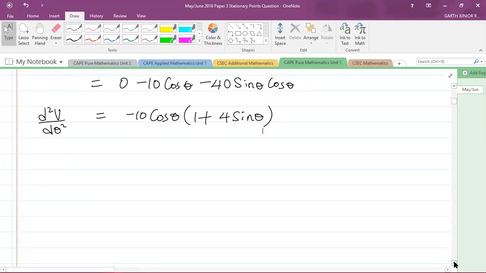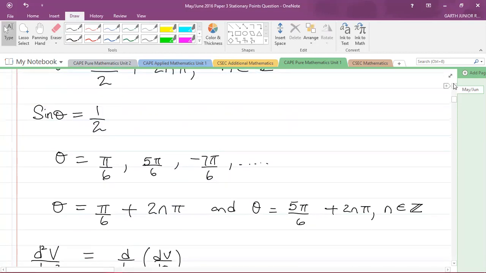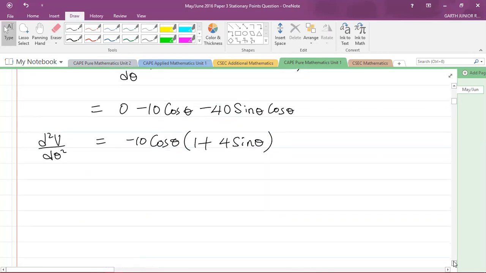Now, I need to test which one of these values for theta, out of the three, will give us a maximum. So I'm now going to substitute these values into the second derivative. The first one that we had calculated is theta equals 3 pi over 2 plus 2n pi. So when theta equals 3 pi over 2 plus 2n pi, the second derivative, d2v by d theta squared,